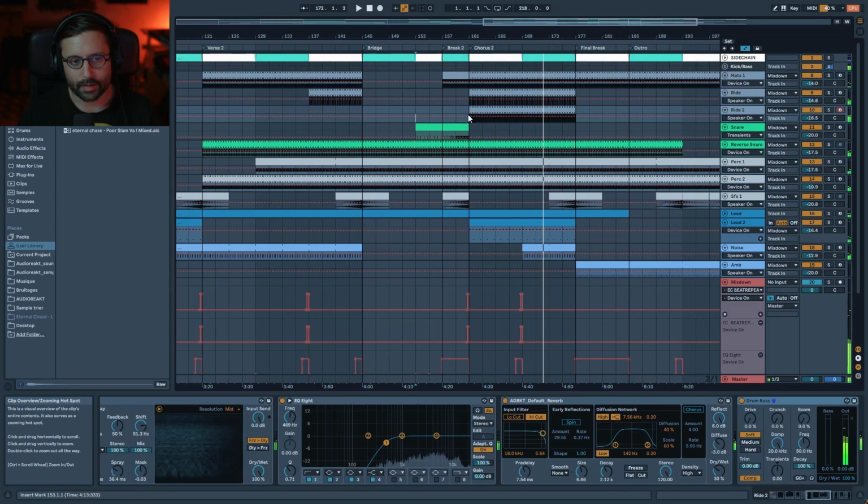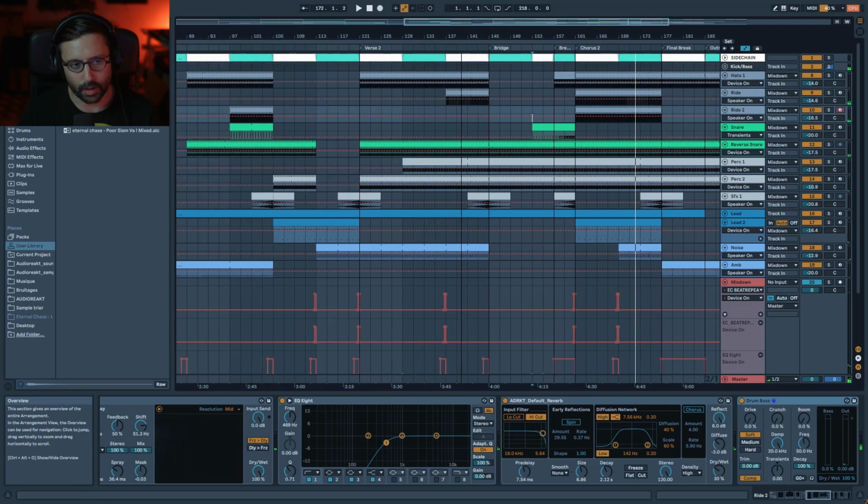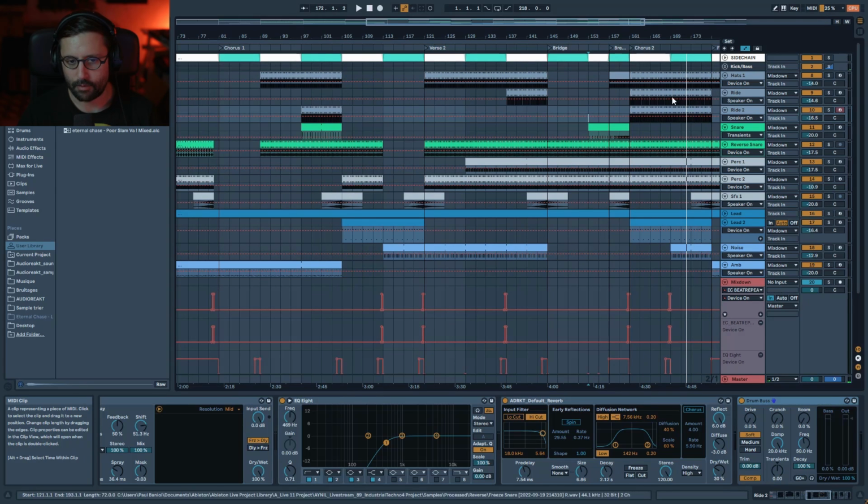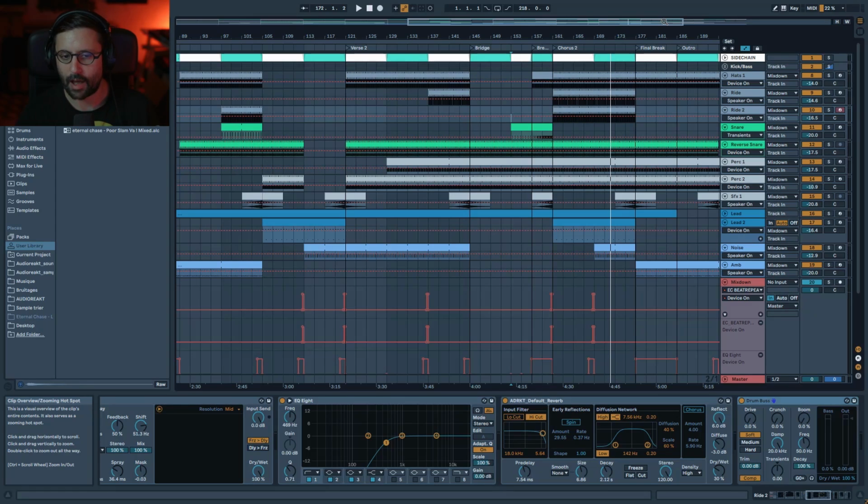So yeah, and that's our chorus 2. You can see the chorus 2 is a bit shorter than the other one, obviously because I have everything already full blast on. I don't really have much more element. I cannot really add much more because the spectrum is already full. So I just keep it 16 bars, which is